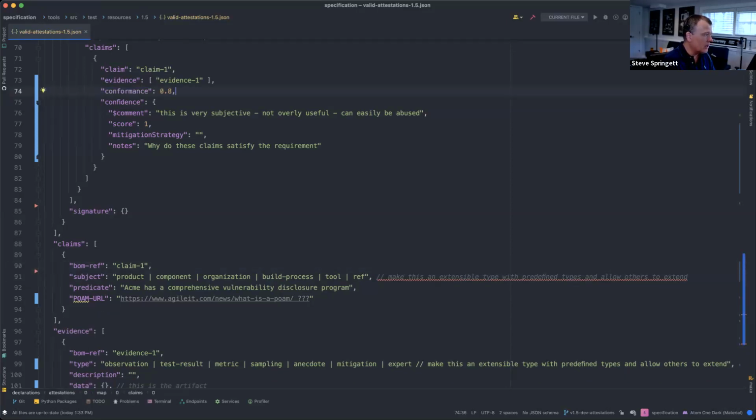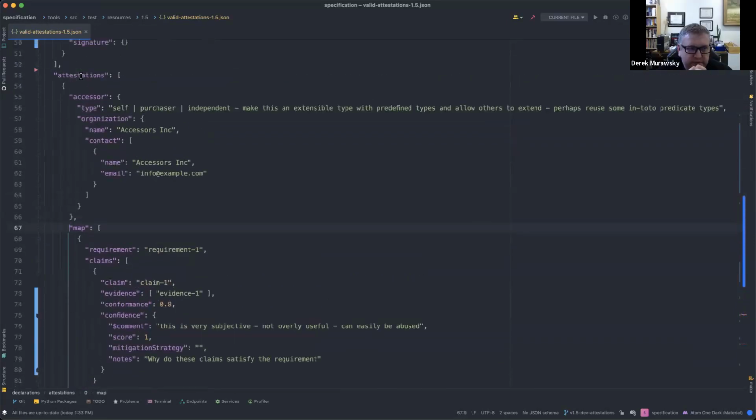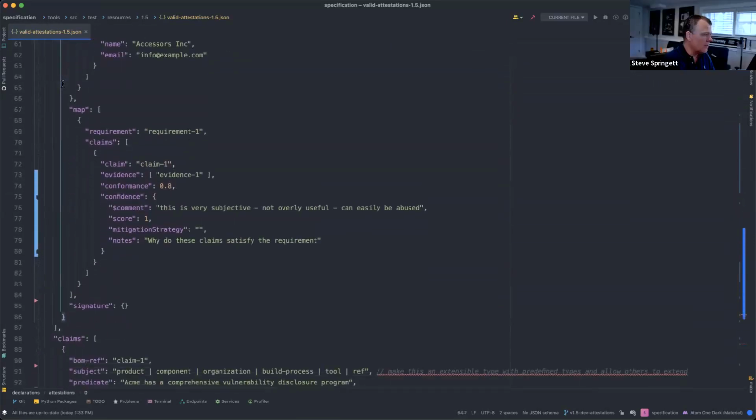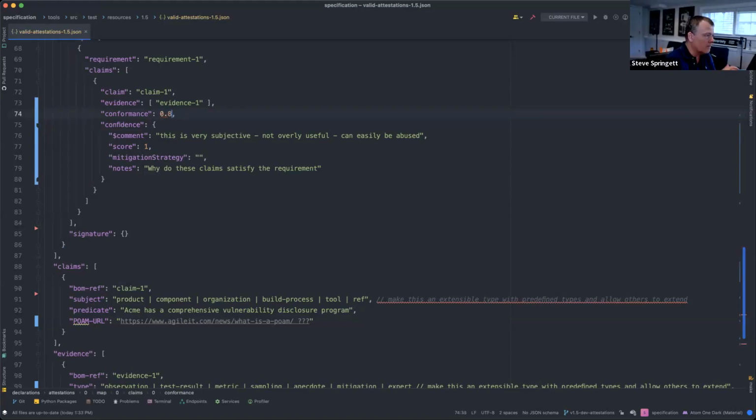But if we add this up here, this actually now is in relation to the requirement itself. Yep, where it makes sense. Because in this instance, evidence could also be evidence that you were not compliant 100%. Right, that is valid. And that would then back the conformance estimate. Exactly. Or the training documentation evidence might actually show that only 80% of your people have gone through it. So your evidence will literally back this conformance score.